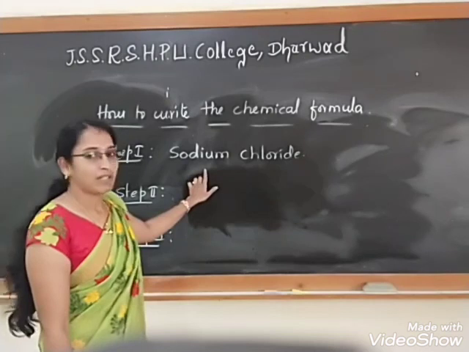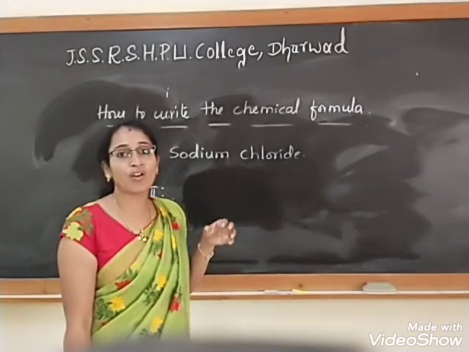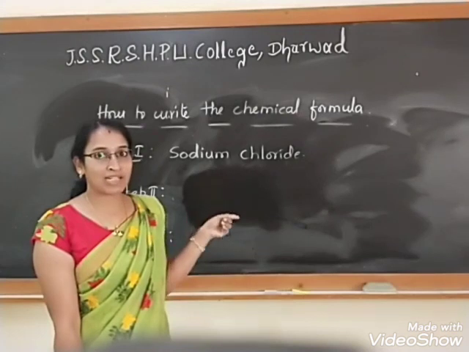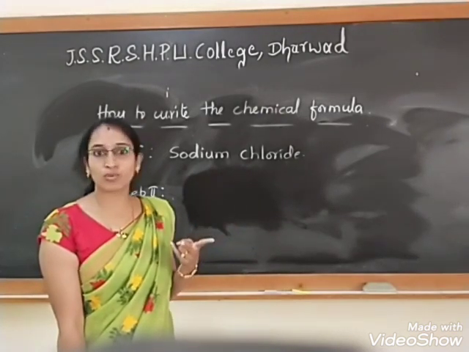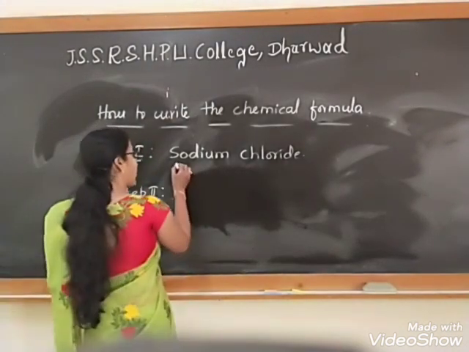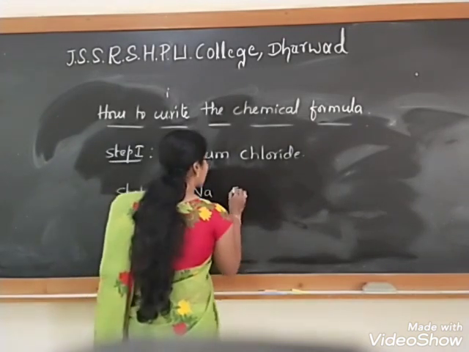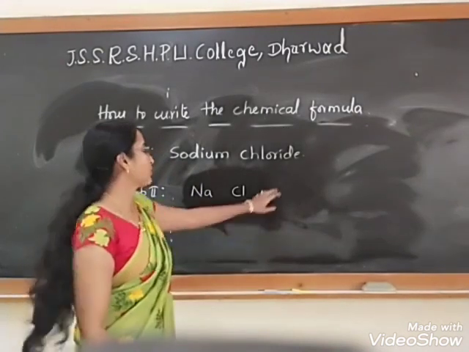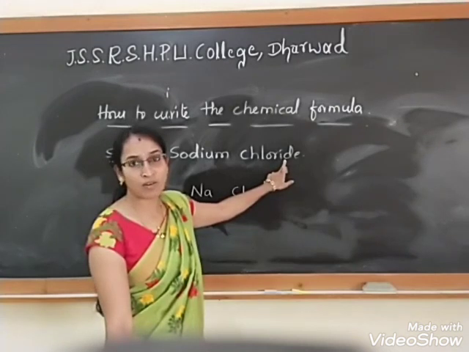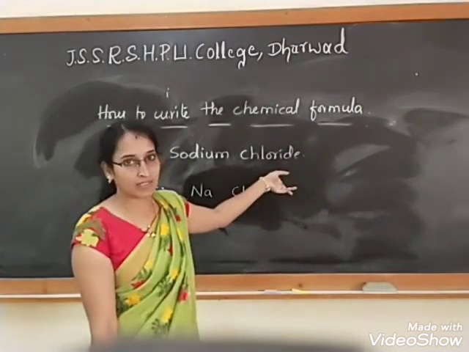In the second step, we already know about the symbol. So we have to write the symbol of the elements which are present in the compound. So how many elements are there here? Sodium is one element and chlorine is the other element. So two atoms are there. So we have to write the symbol of both the elements. As I already explained, sodium has the symbol Na and chlorine has the symbol Cl. Okay. So why does it end with IDE? Because it is an anion, so that's why it ends with IDE. Okay, chlorine anta bariyangilla, chloride anta baritare.